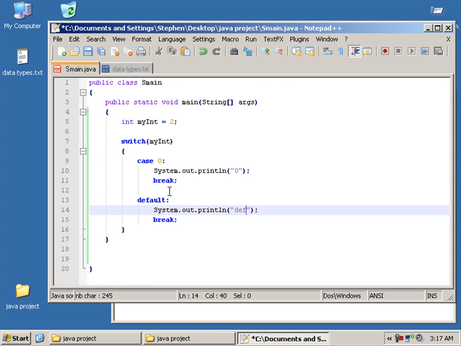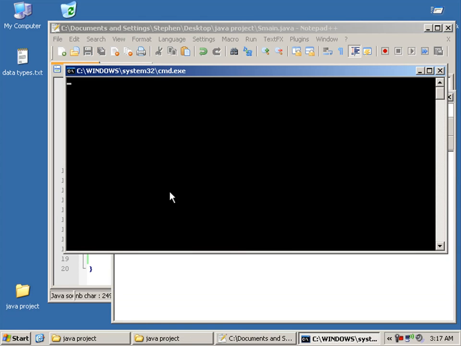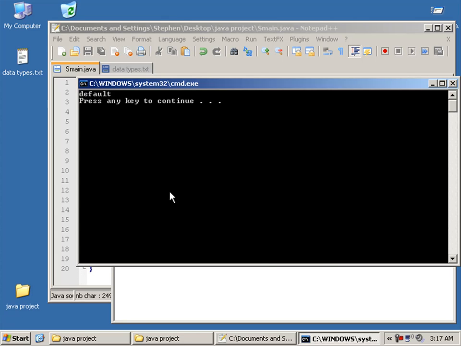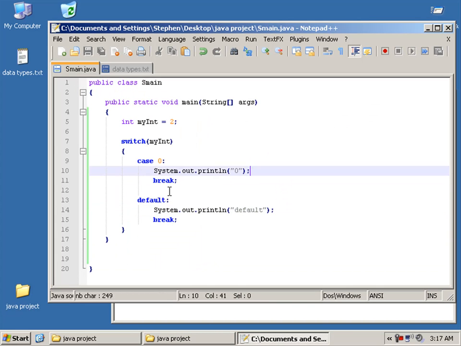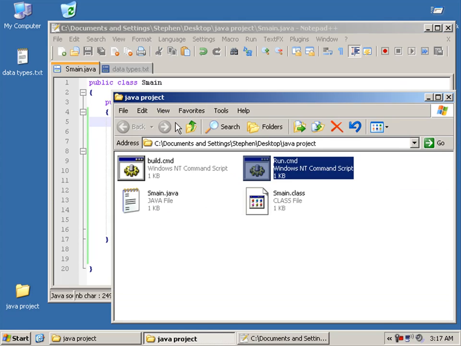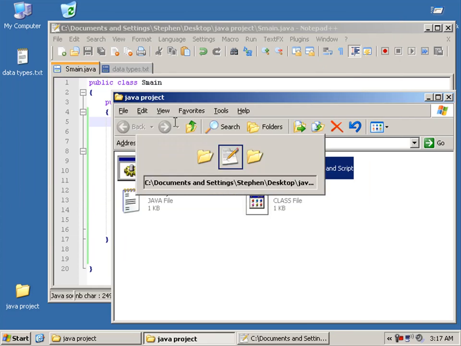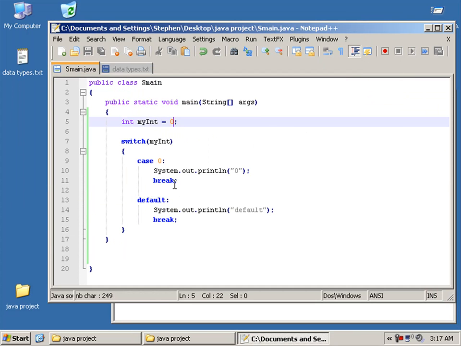Quickly compile it for you, default. Right, compile, or build, run, default, because the value was not 1, so we can change this to 0, sorry, compile, and run, and there we go, we have 0. Right, so that's pretty much how a switch statement works. Right, if we wanted to use it for a character,